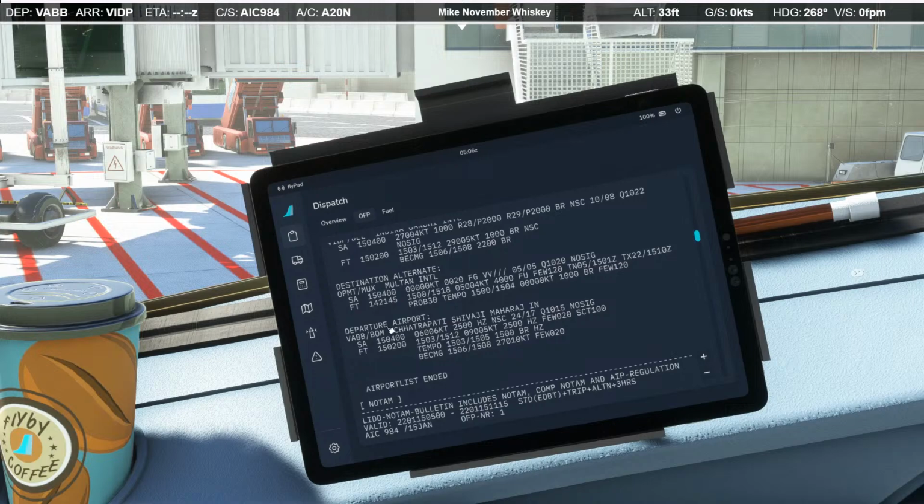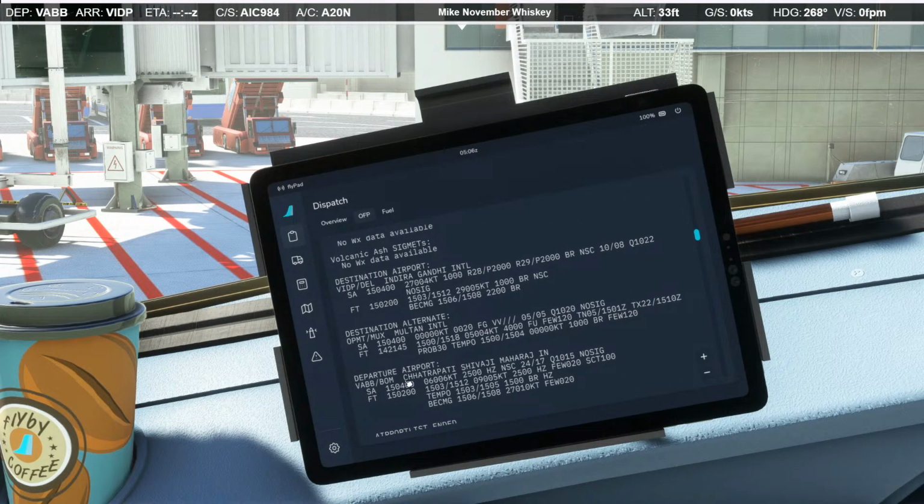Let's take a look at the weather and see, firstly, the departure airport. Wind is pretty calm. It kind of matches what we saw on the METAR. 2500 visibility, hazy. We can see that out our window. No significant clouds, and it's pretty much staying that way, so that's nice.